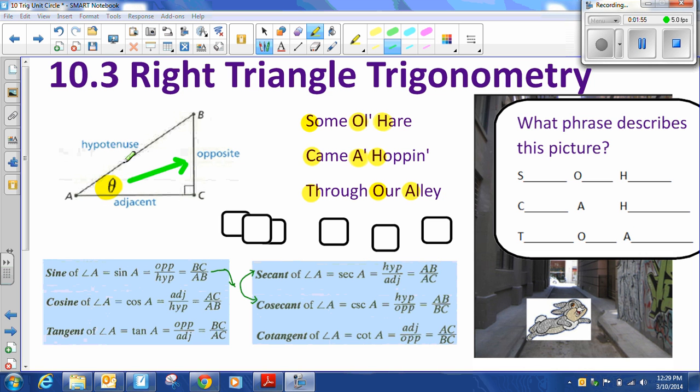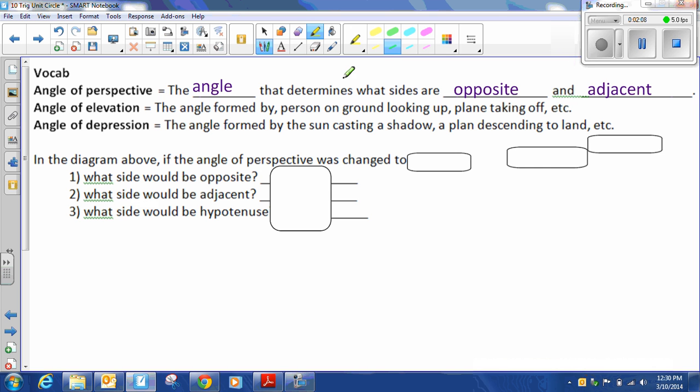Hypotenuse is also right next to this angle. However, the hypotenuse is the hypotenuse because it's the longest side of a right triangle, the one opposite the 90-degree angle. So what would happen if we